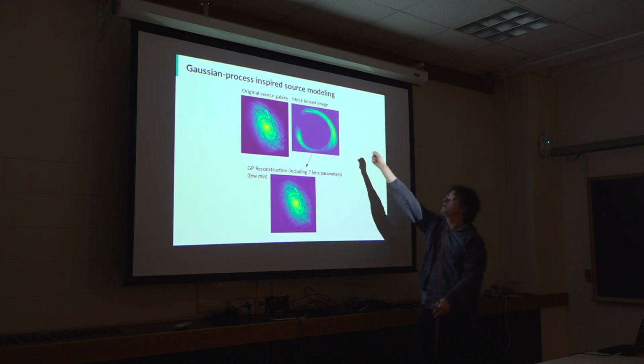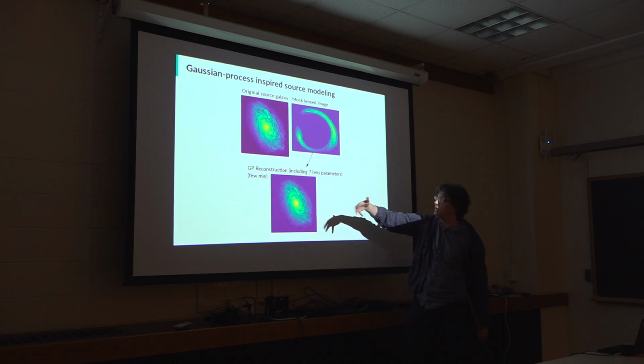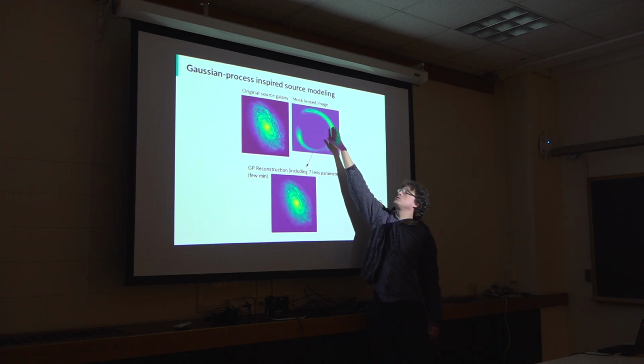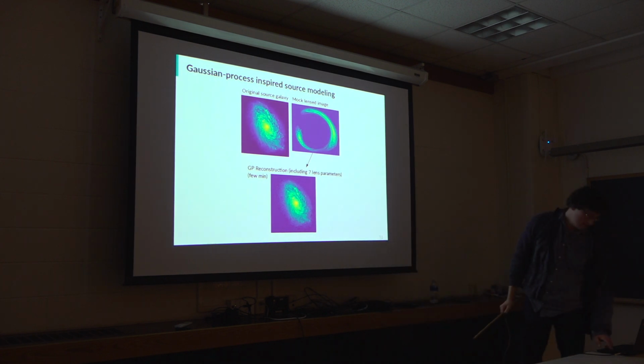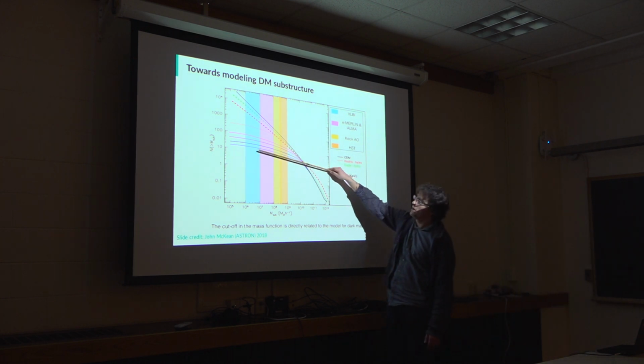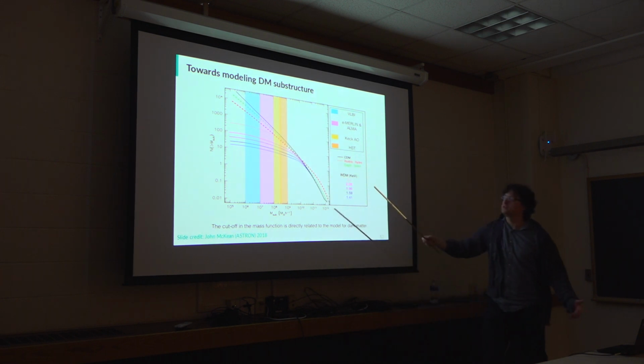would show up as small distortions of either this or this part of the projected lensed galaxy. So we are kind of looking for inconsistency between this image and this image in a very subtle way. And of course we are not the only ones, so it's a hot problem, many people are working on this. And why it's interesting is that there is just the expectation that for cold dark matter there should be lots